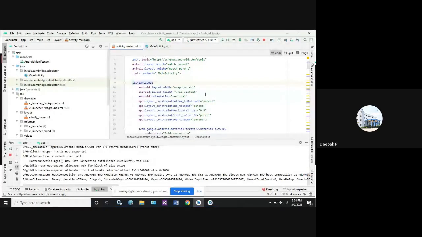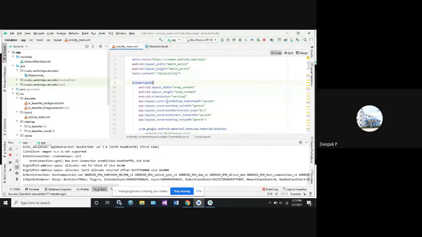Android height is the same: width and height can be controlled by wrap_content, or it can be set as match_parent. If you make it parent, the content is considered for the whole device size. But with wrap content, only the content that is allocated by the user will be displayed on the screen.